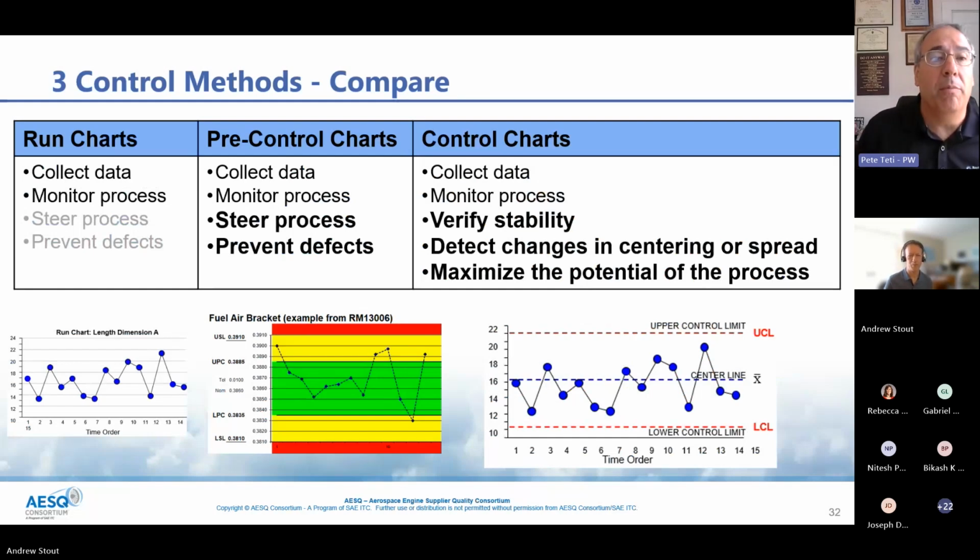So control methods and comparing them, look at our basic run charts, pre-control, and control charts. Well, run charts and pre-control are non-statistically based charts. On a run chart, we may scribe a line as a warning limit. It could be just a warning line that has a practical